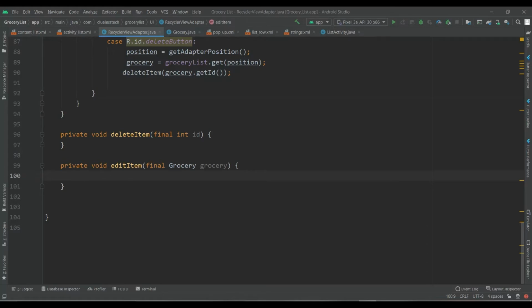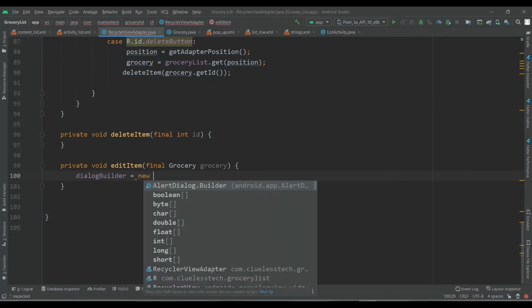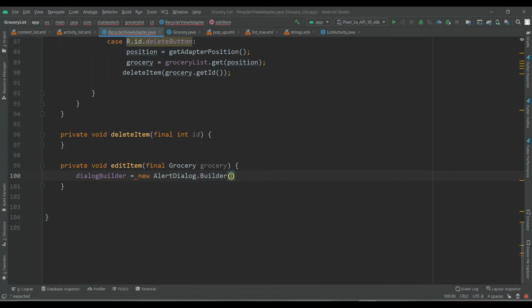Inside this edit item, first instantiate the alert dialog builder: AlertDialog.Builder builder equals new AlertDialog.Builder and pass the context.